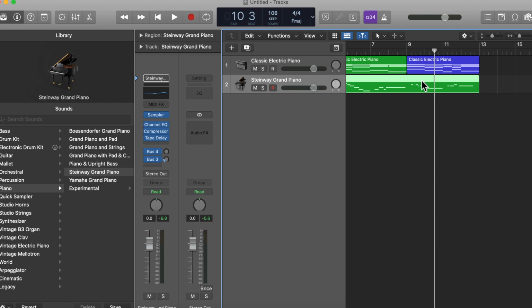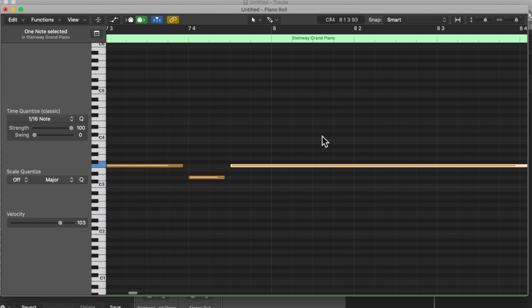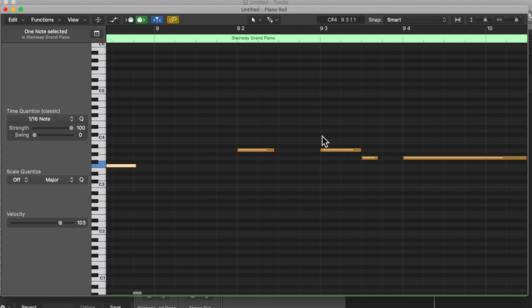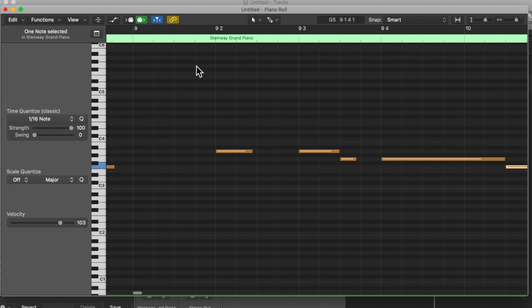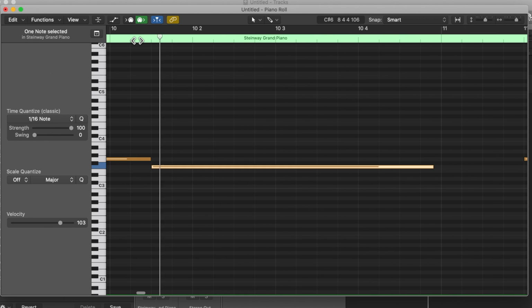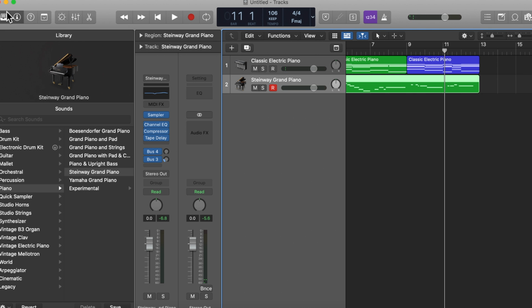I'll use the piano roll this time. So where's the wrong note? Where do we get to? Here we are, there's the culprit. Let's put an F in instead. What's that like? Better. So that's taken me just a couple of minutes, but it takes the guesswork out of things